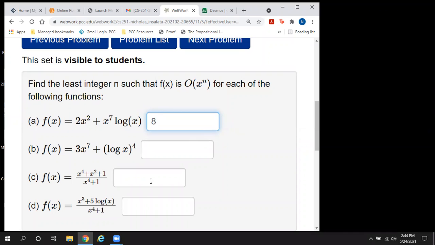Okay, so let's try D, right? So on this one, now we have a rational function, not an irrational function, but a rational function, right? Where in the numerator, the biggest exponent is 3, and in the denominator, the biggest exponent is 4. So what do we do here? Yeah, so this is going to be dominated by, or have an upper bound of x to the -1,